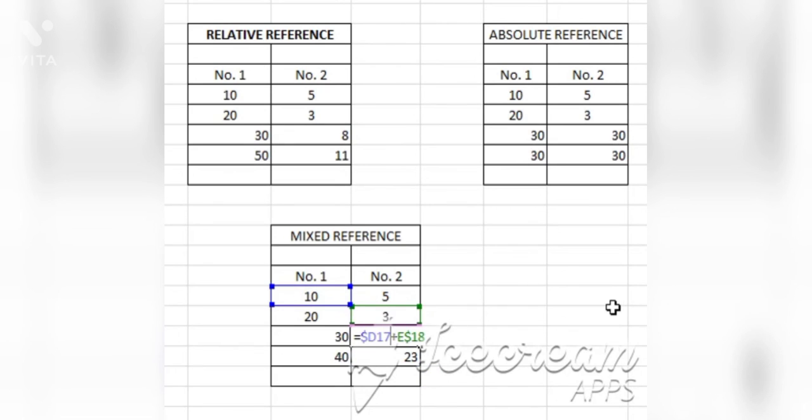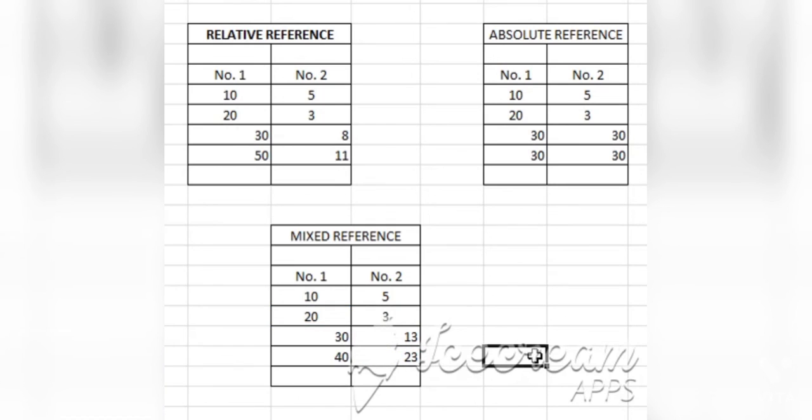Now we'll see over here. The 17 is the same, but this has changed. So the row is changed, the column is the same because there is a dollar sign. One of the parts will change, either the row or the column. Same goes with your 18. It is the same, and 18 has changed from the before one. 17, 18.